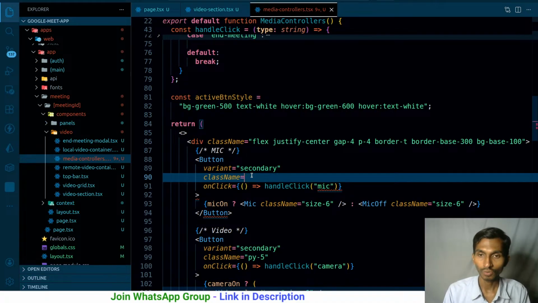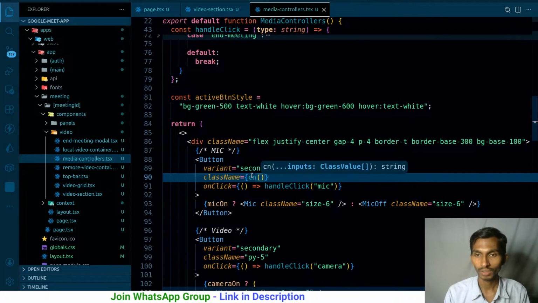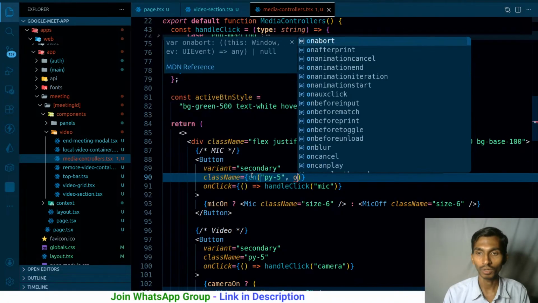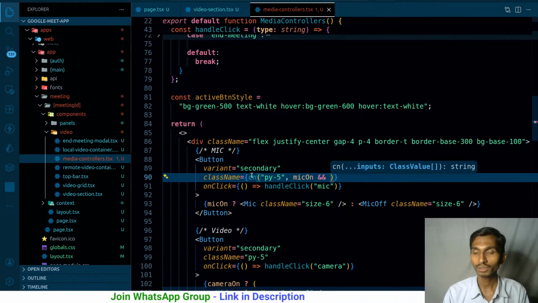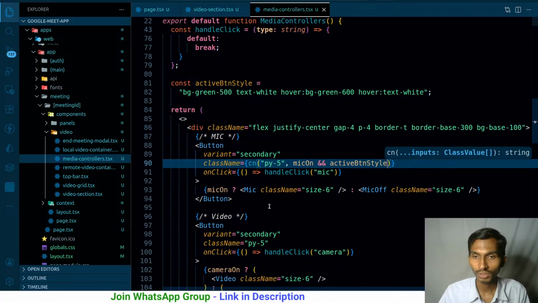So what will I do? I'll just simply use CN here, and the same class I will give it. Apart from this particular thing, I'll check one thing. If mic on, right? So mic on. If mic is on, in that case, give it the active button style. This is the only thing.